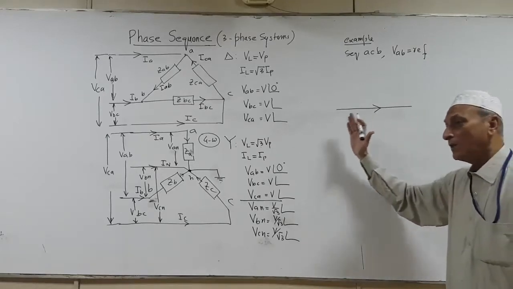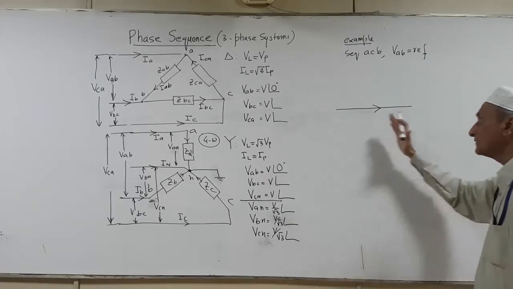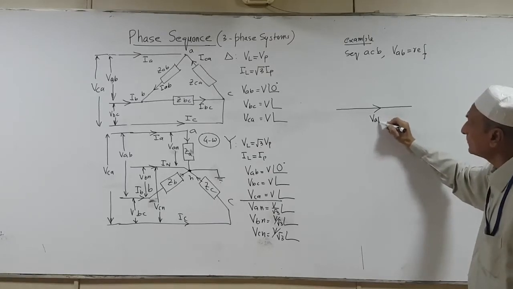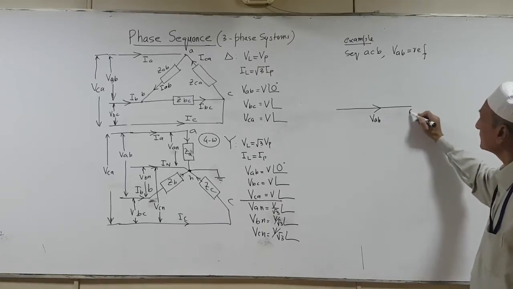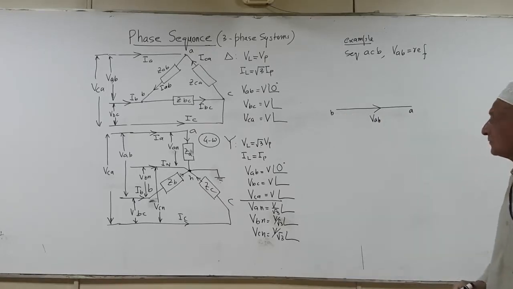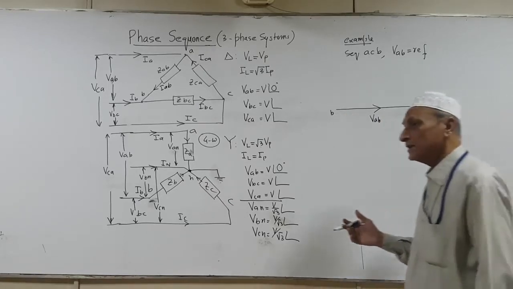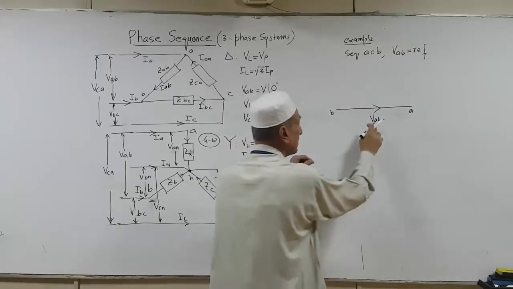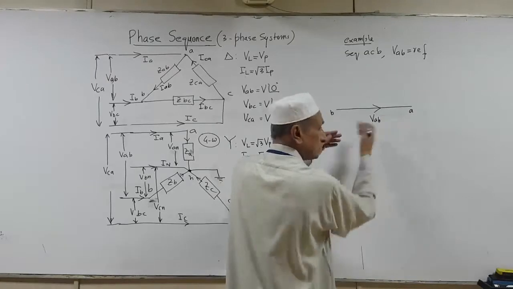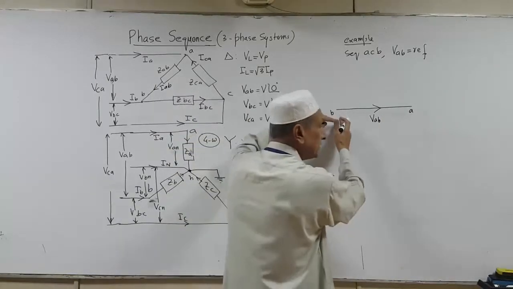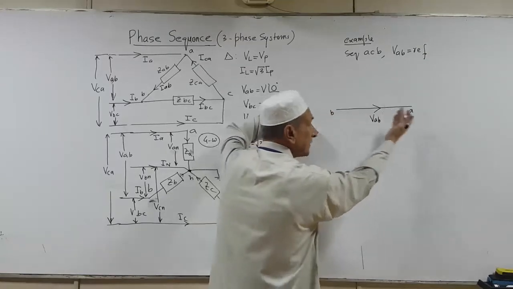is from left towards right, and name this vector VAB, so that A is this one and B is this one. So if you look at the terminology, the double subscript notation AB, A is this one, B is this one, so it's an opposite sense anyhow. But the arrowhead is always from left to right.